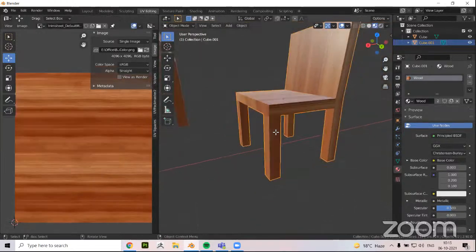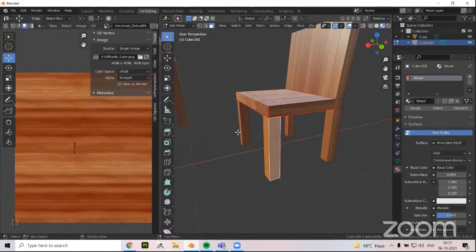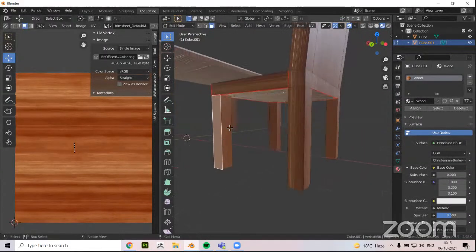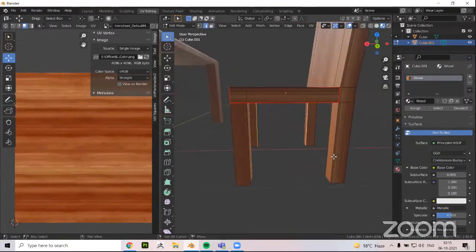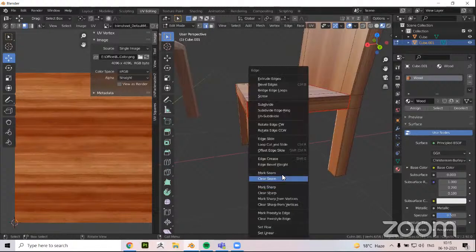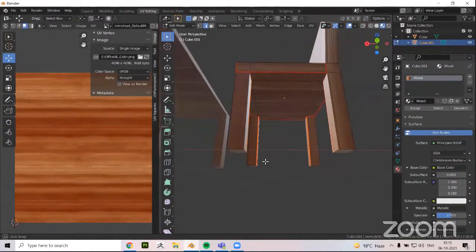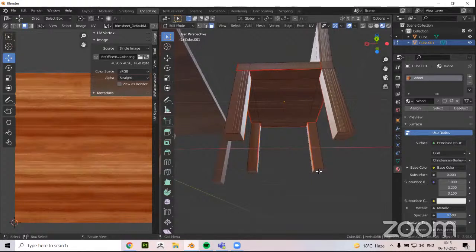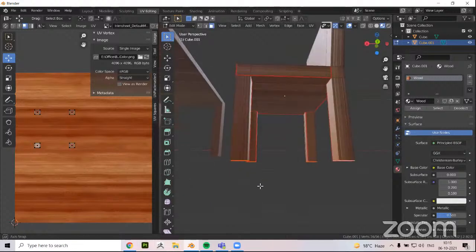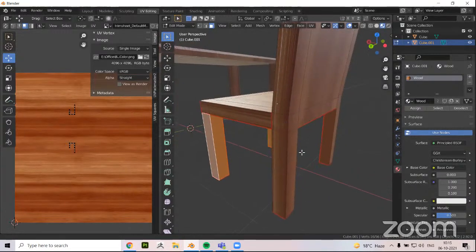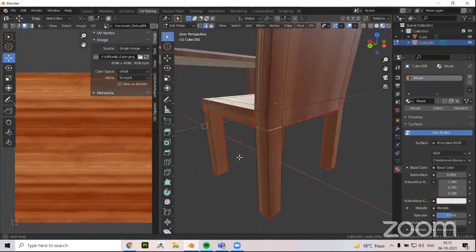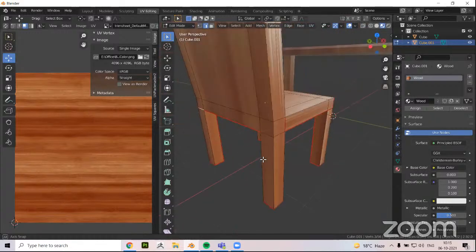Right now let me show how to do the legs, and in the end I'll show how to fix everything. I'll follow the same procedure I did for the legs of the table. Let me select all of these edges from the inner part where they'll most likely be visible. Let's follow the same step for the bottom part as well. Mark seam, select these faces. Okay, so I have to cut it open from here as well. Hit mark seam, select everything,